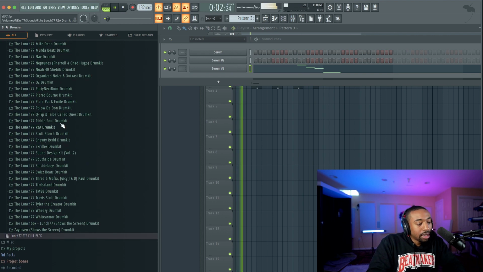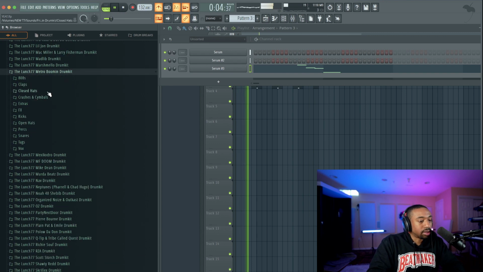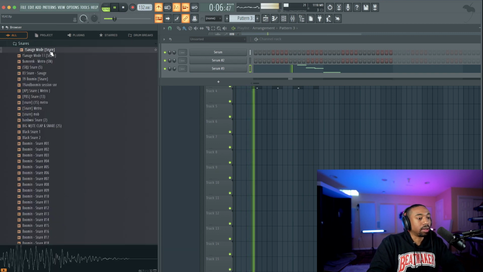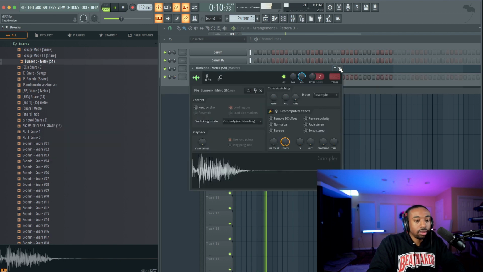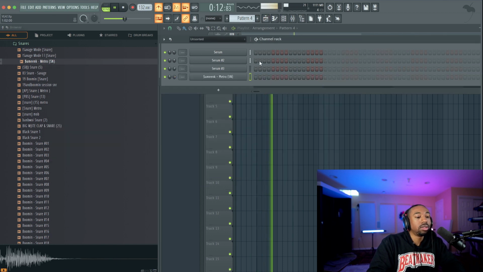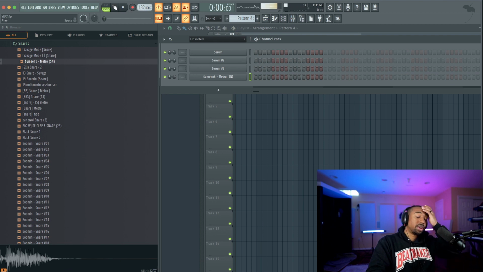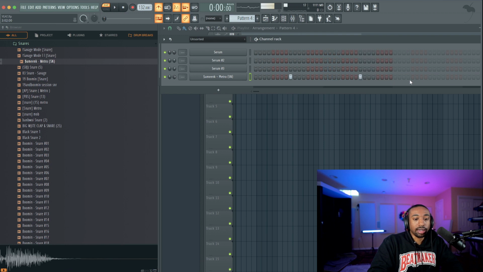Big body, big body. I'm gonna use the Metro kit because there's a snare in here, or the 808 Mafia kit, one of them. I forget which. Here it is. Okay, so I have the metronome on to help you count music. Go to pattern mode. We're gonna put the snare on the 3 and the 7 count.